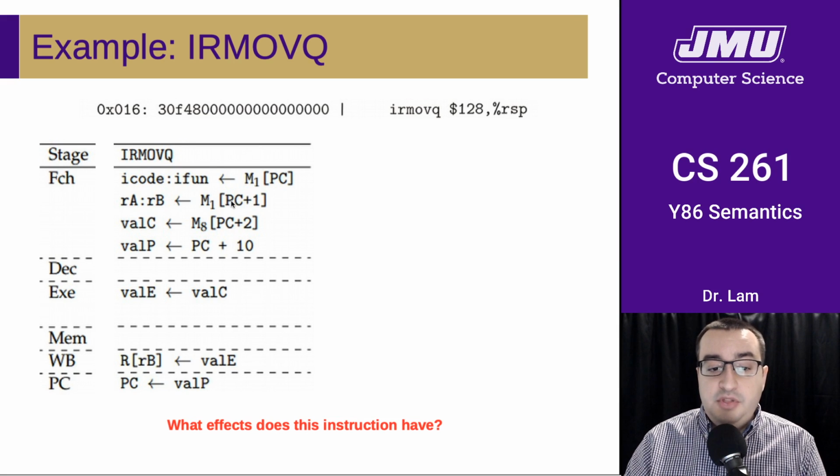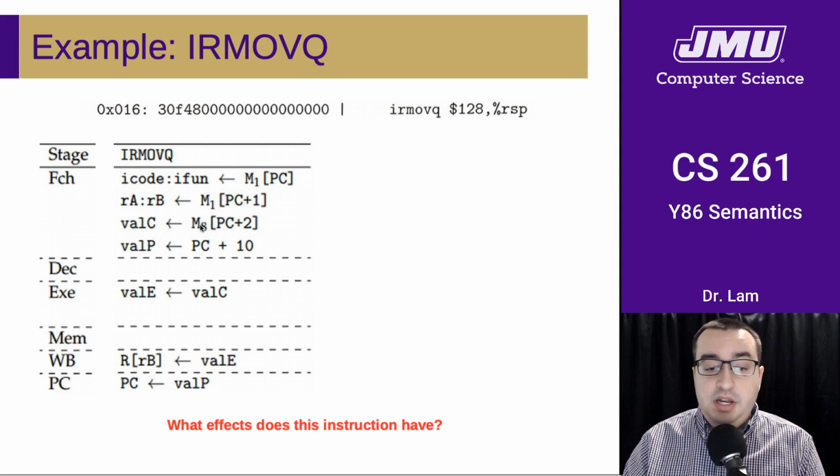We're going to do the same thing with the next byte. So the PC plus 1, that's going to give us F4. And we're going to split that into the high and low order 4 bits. So RA will get the F, and RB will get the 4.